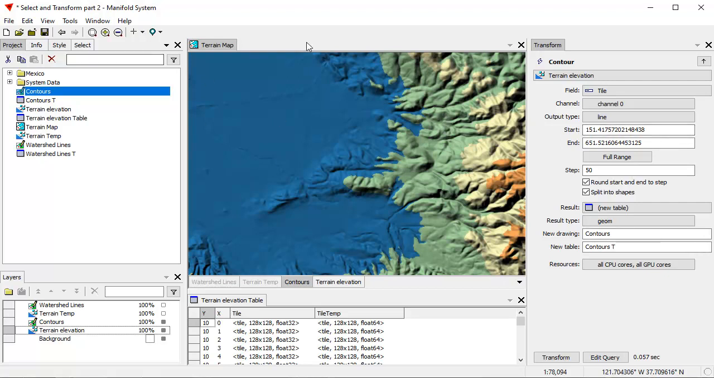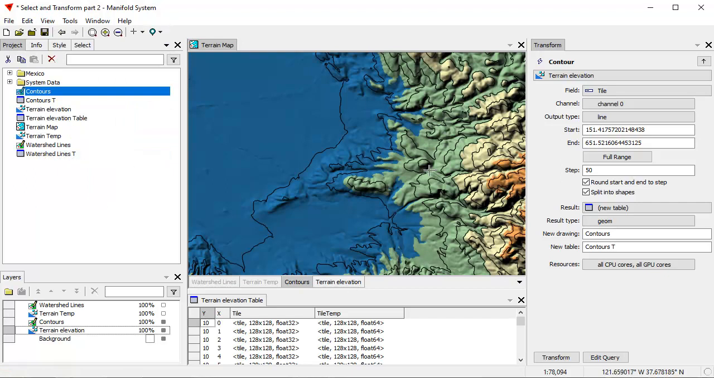To show those, I can just click View, Refresh, and that refreshes this layer here, contours. It goes back to find the contours drawing that it thought it had available to use, and then it shows it again. So maybe we want more detail than just 50. So let's change the step to 10. And once again, what I'll do is I'll